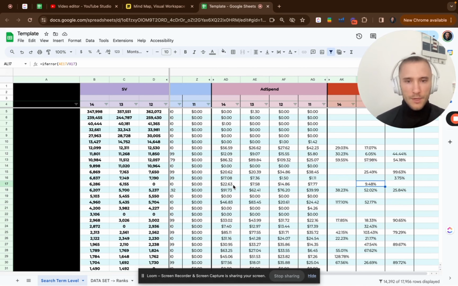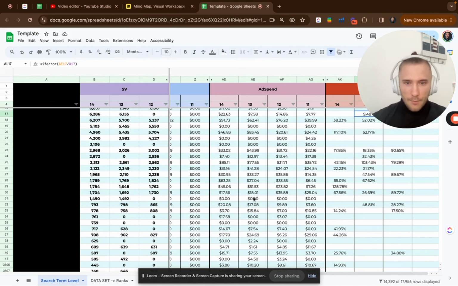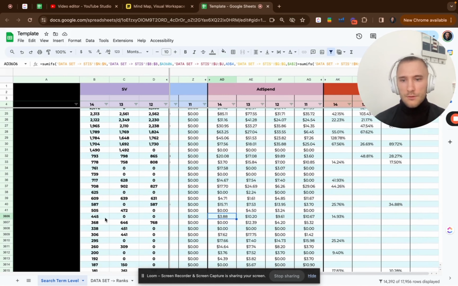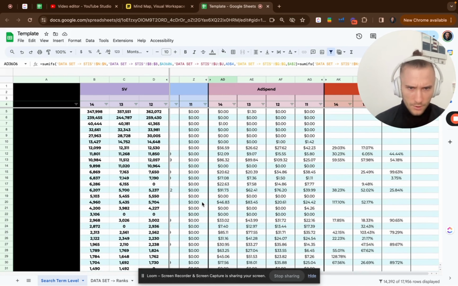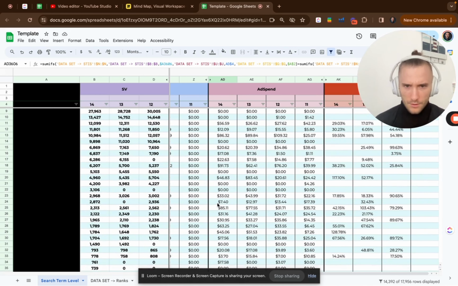So yeah, I mean, PPC can only do so much. Of course, we also have to have the best product on the market. For example, a good example is, what's a good example? A good example is here, okay, that might not be a good example. So what's a good example? Let me find a good example. So this is relatively tight, but for example here, yeah, I would like to see more spend here. And yeah,